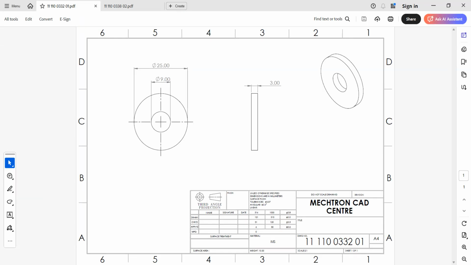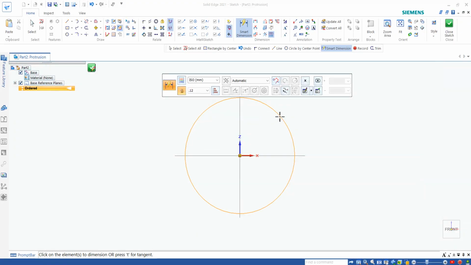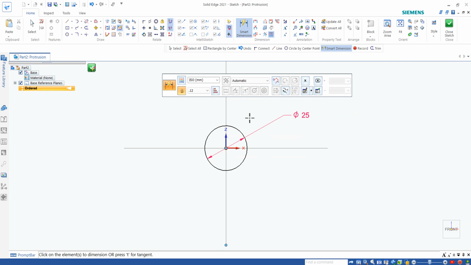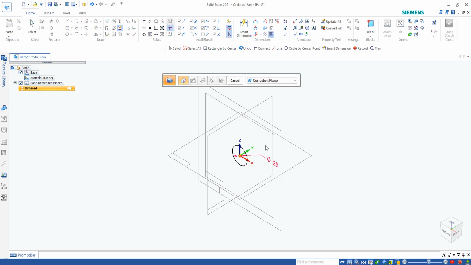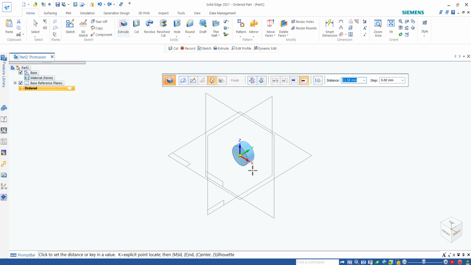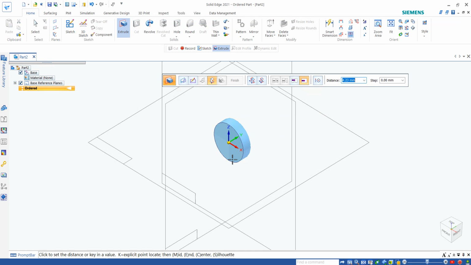According to the drawing, our outer dimension is 25. So here you can see it is 25. That's how we have given 25. Okay friends, and then you can see now,